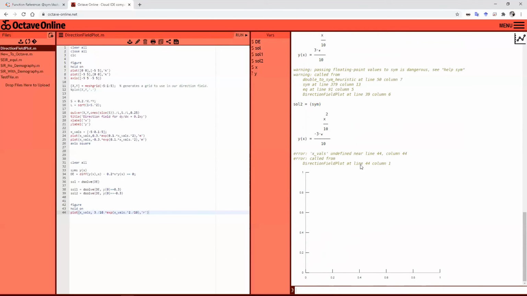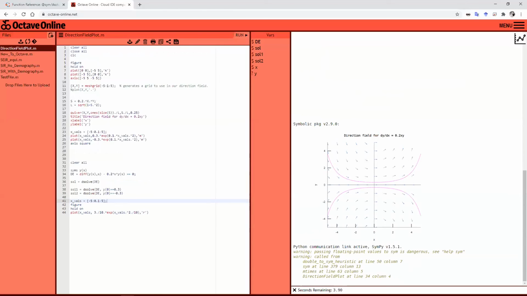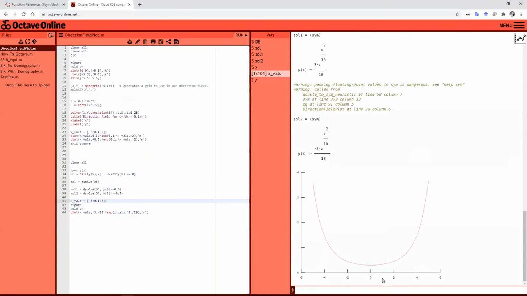Okay, I did actually clear my vector x vals, so let's copy that down here and rerun that code with the x values added here. I need to give myself some more time in Octave Online. I don't know how many times you can do that. Okay, but here is the plot of 3 over 10 exponential of x squared over 10,